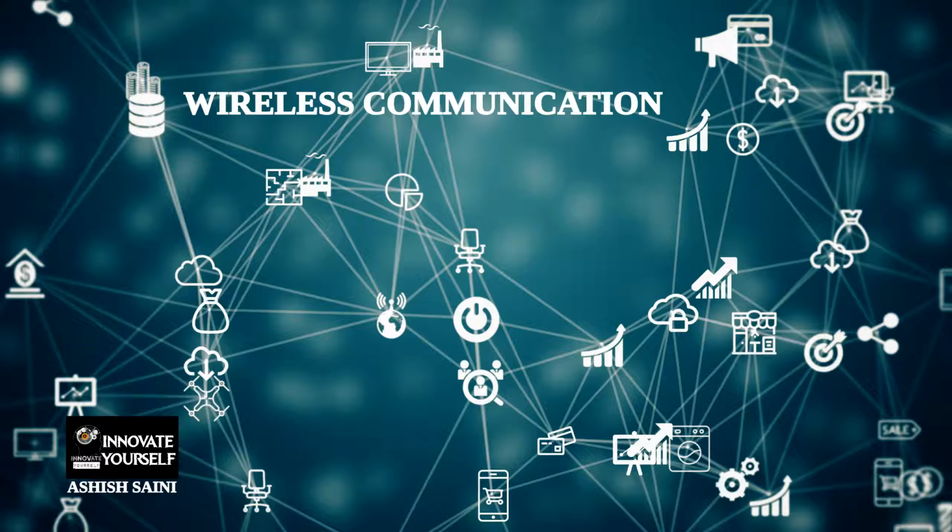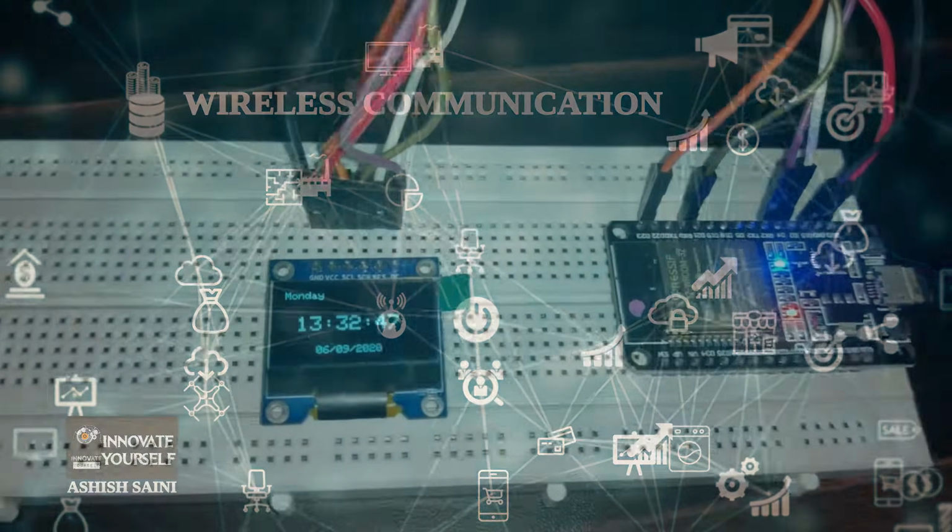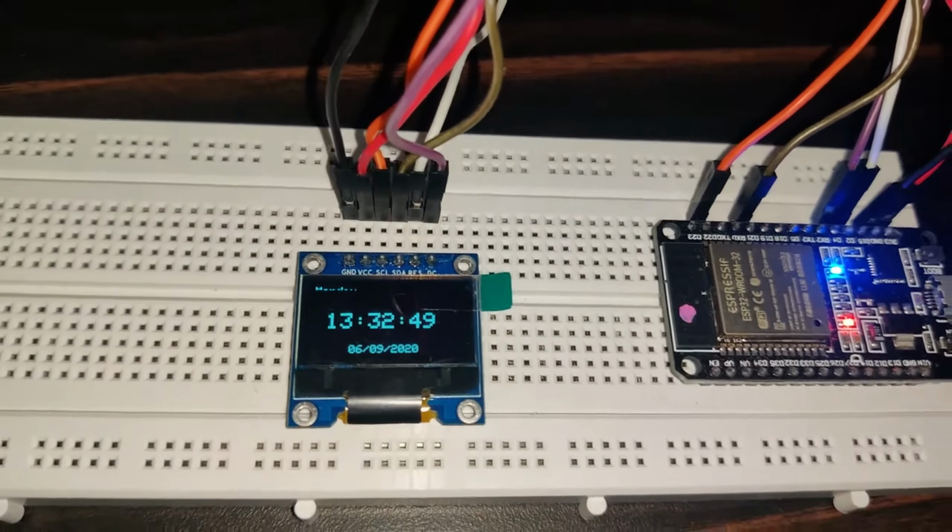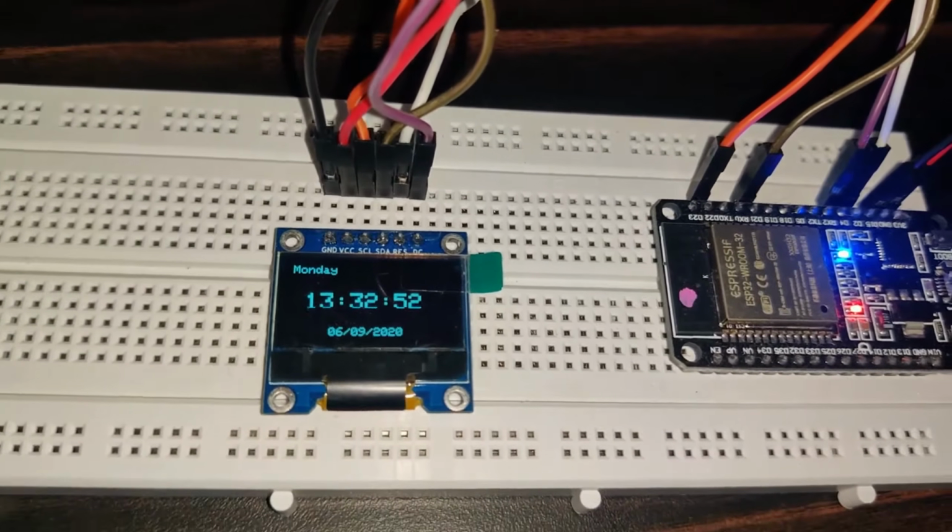For that, I would like to tell you what exactly we are going to do. We will be using the BLE module inside the ESP32, and I will be using an application installed on my Android phone. Based on that Android application, I will send a message to the ESP32, and that message will be displayed on the OLED display. Like in the previous session, I already showed you how you can interface the OLED display and display any message on it, right?